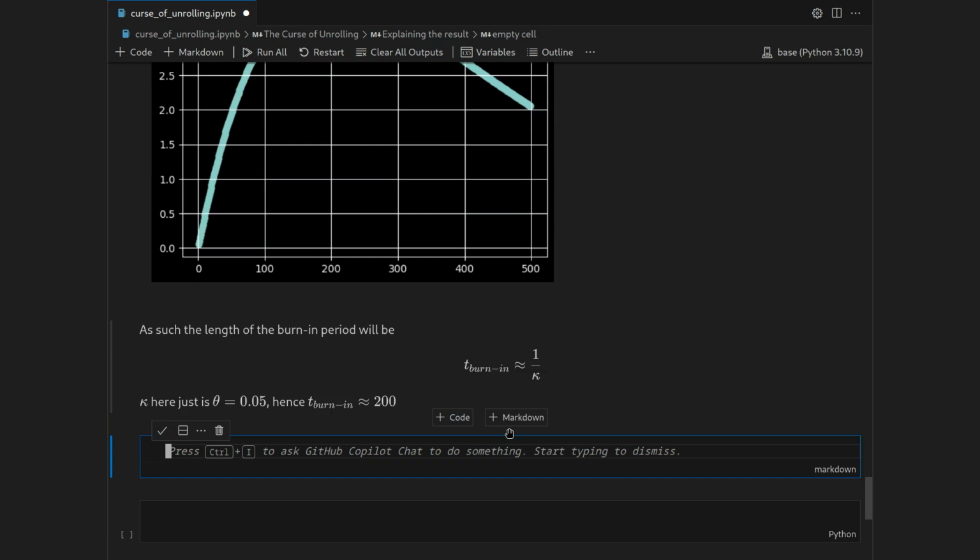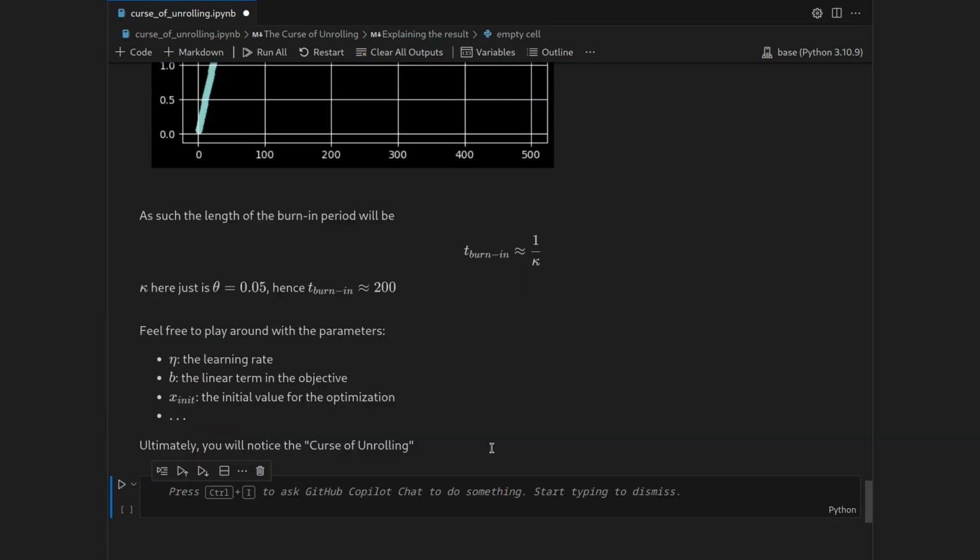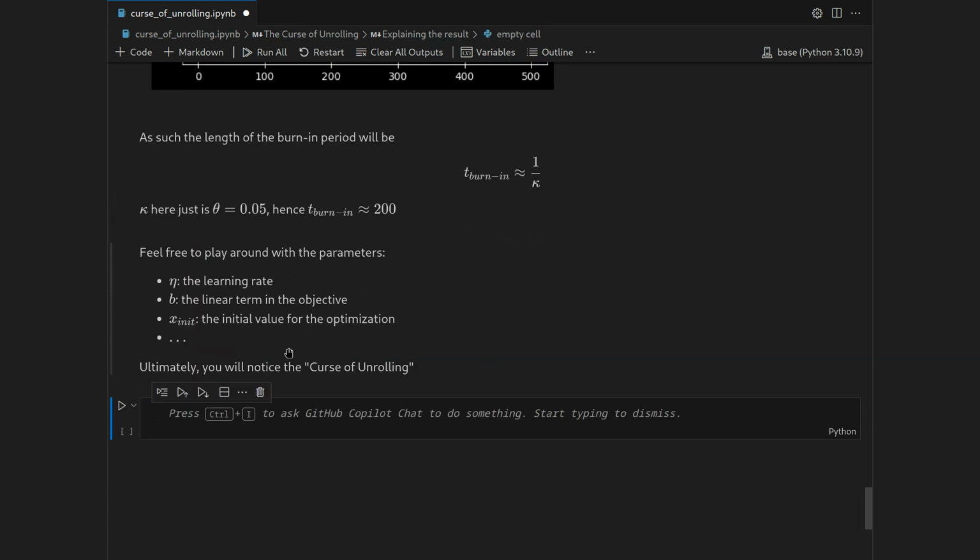I want to paste in another explanation block, and basically this means I want to encourage you to play around with this notebook, so you can download it from the link in the video description, and for instance change the learning rate. You can change the linear term in the objective, the initializer, and so on and so forth, and you will see that all of them somehow affect the curse of unrolling, some more, some less, and you will ultimately see that the curse of unrolling can be described by the following statement, in that they